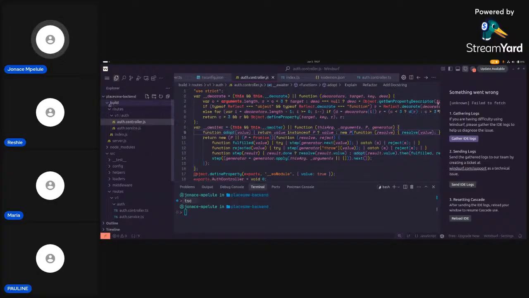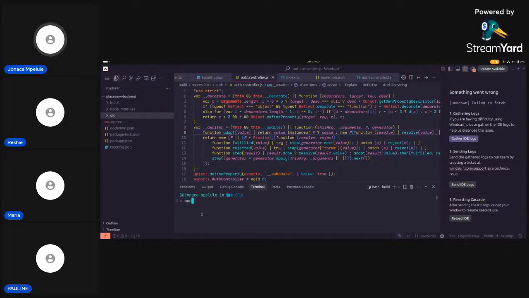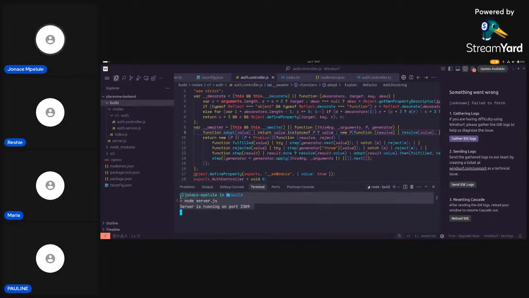So okay, we have built our output in the build folder, right? So instead of running the server from the src, we can go to the build folder, and we can say node server.js. See, we are running this from the JavaScript, and I think this is even faster than most times when we're trying to run our TypeScript. I think so. Okay. So TypeScript, mostly you're just going to use it for